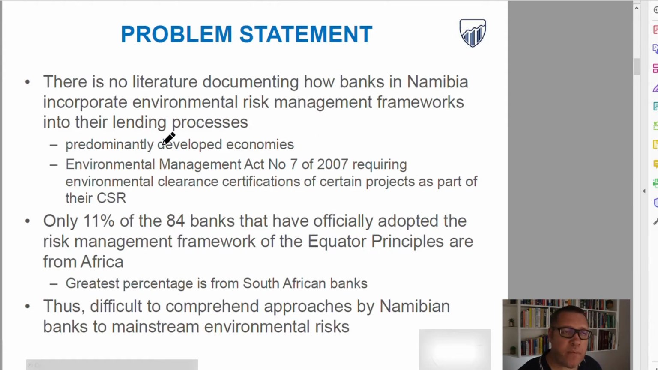So the first part of the problem is I highlight that there is no literature in the Namibian context on this topic of environmental risk management. I also then say that where there is literature, it's predominantly in developed economies as opposed to developing or emerging markets like Namibia. Of the 84 banks that have adopted official risk management frameworks, according to the Qualitative principles, only